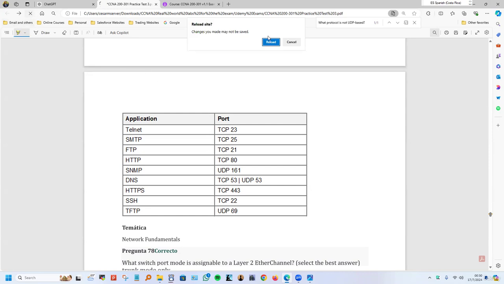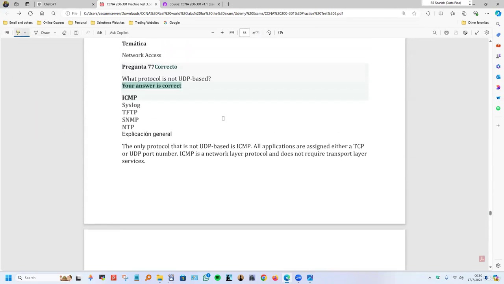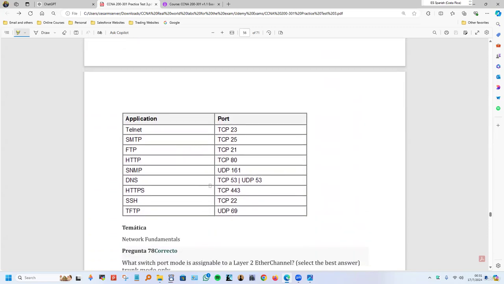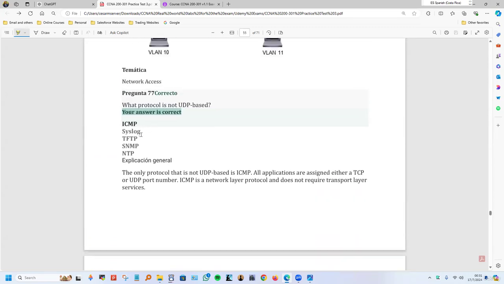It doesn't let me write it, so let me just reload the page. Okay, it still doesn't let me write it, so I will just refresh again and fix this from the beginning. So it was talking about a non-UDP protocol actually. ICMP is the one. For some reason, it was not even in the table, but now we know ICMP is the only one, because